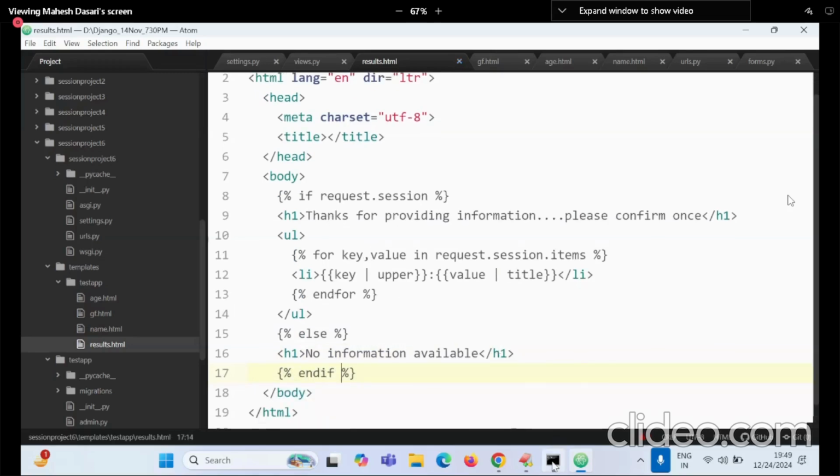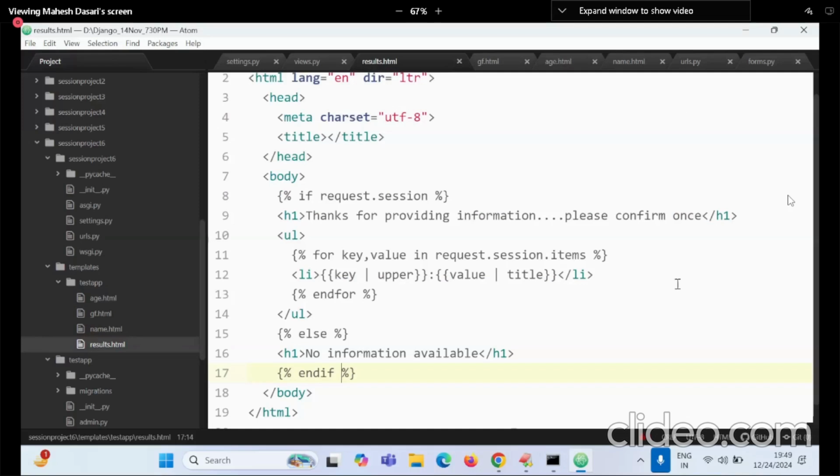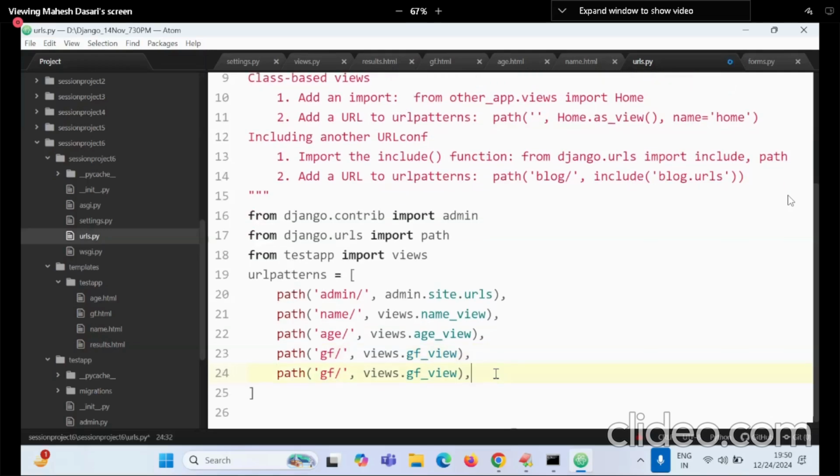Now server is started. A view needs one URL. This one you have to give to